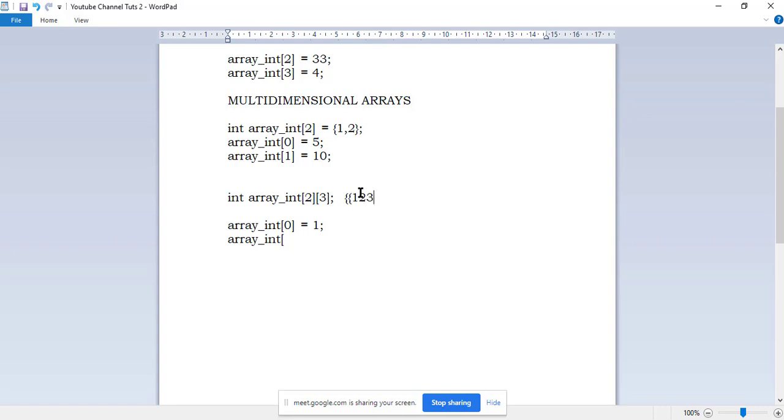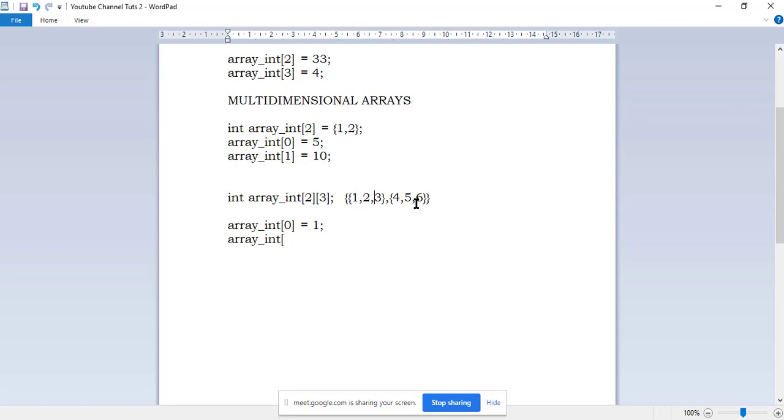I want to do something like 1 2 3 comma 4 5 6. Now I have to put commas in each of these, 1 2 3. Now these 2 that you are seeing here are these 2 square brackets that are inside. These 3 you are seeing here are the 3 things that are inside each of them. That means if I want to change this particular one, I'll first call the position of this big array, which is the first position here. That's this 1 2 3 within this square bracket, which is the first, 0,